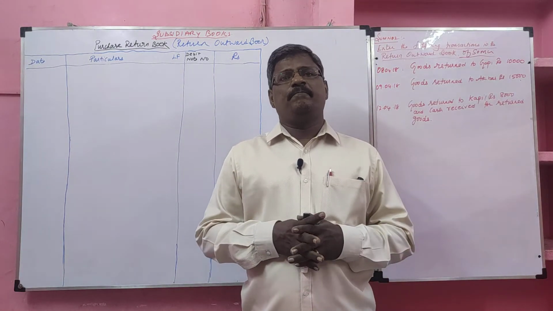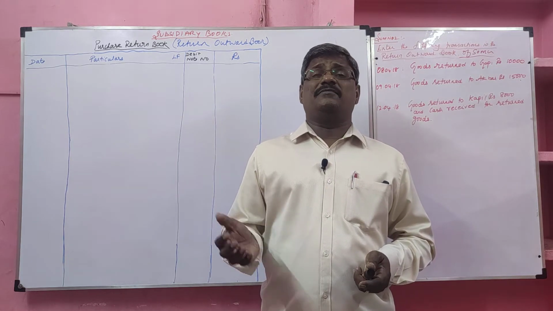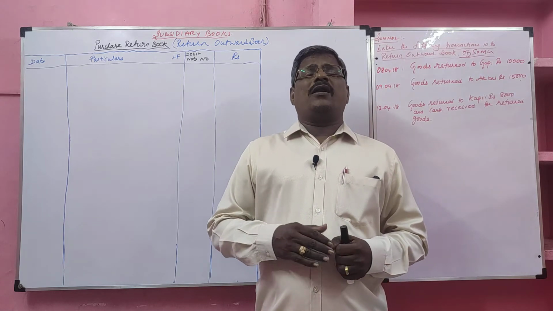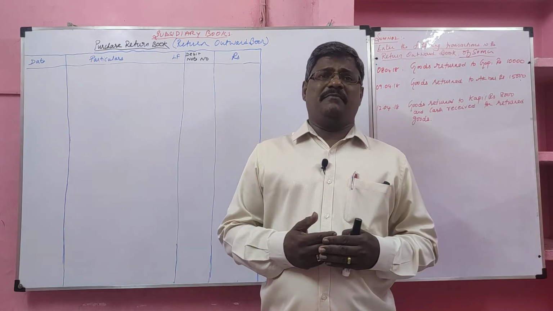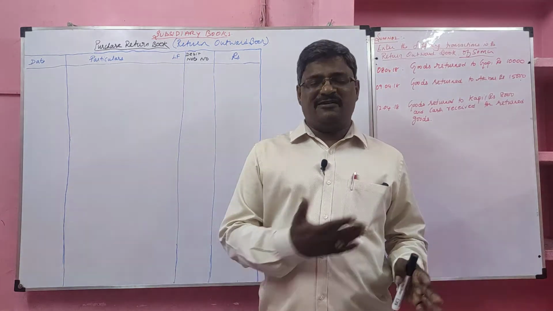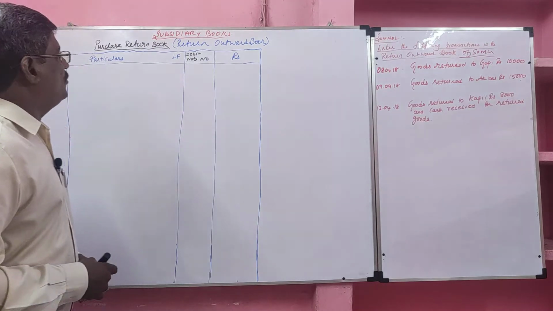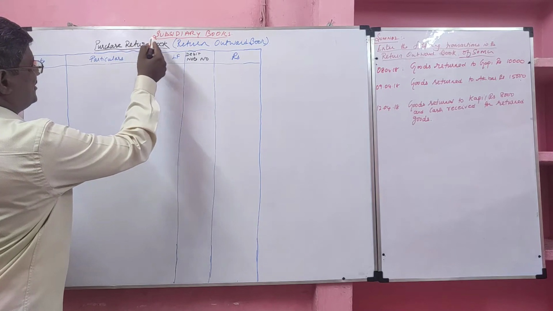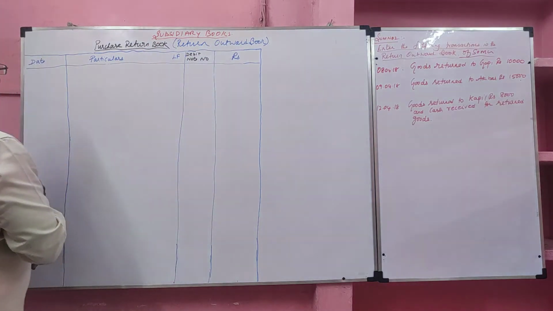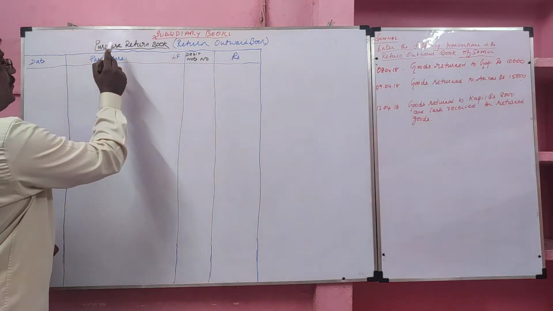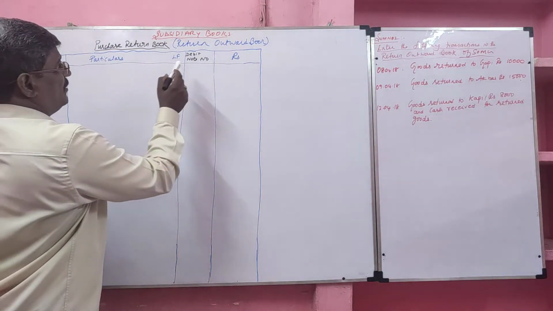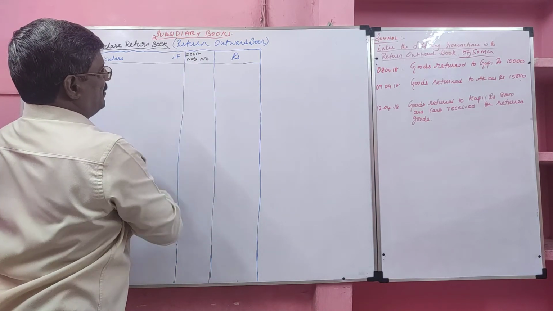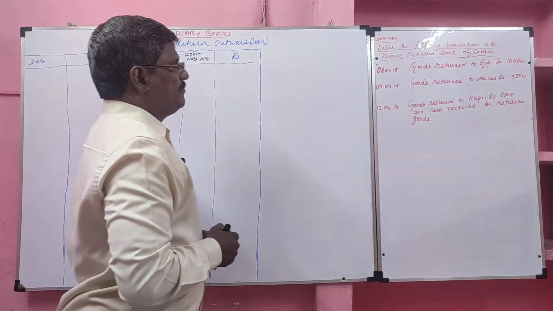Once again I am repeating, goods bought on credit terms from the supplier can be returned to them, termed as purchase return. On returning the goods, when we receive cash from them, it will not be recorded in the purchase return book. Let me see the format of purchase return book. Purchase return book or return outward book. Date, particulars. When we return goods to the supplier, we have to prepare a debit note. So for that we have one column called debit note number, then rupees. Let me see the problem.